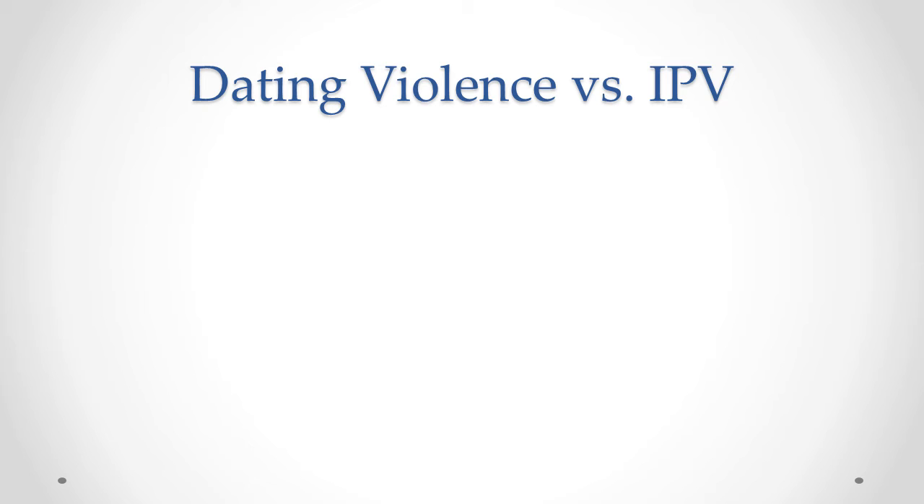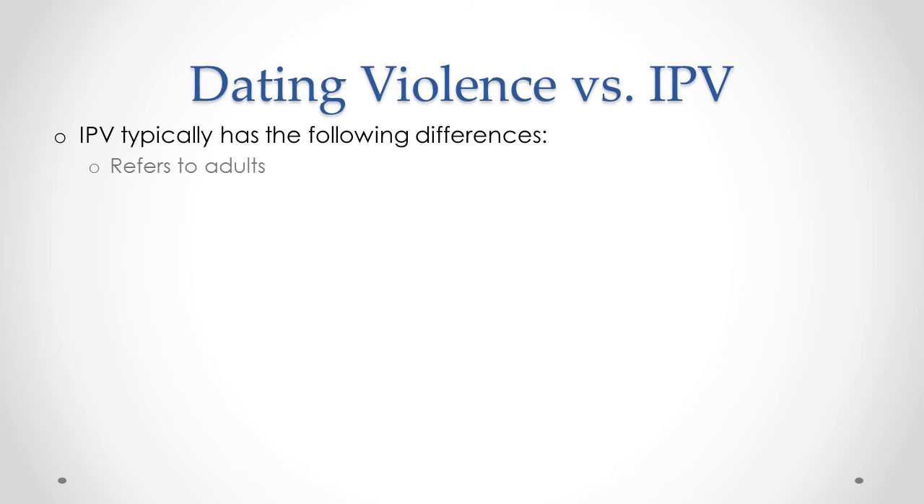We're talking about similar behaviors, but the difference between dating violence and intimate partner violence, at least in psychological research, is that with dating violence, we're typically talking about younger individuals that are engaged in unmarried, non-cohabitating relationships. Whereas with intimate partner violence, we're referring to typically adults and older individuals that are either married